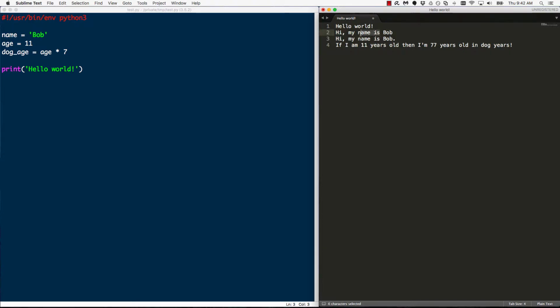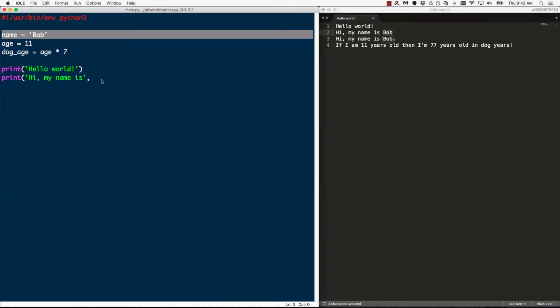So all of this right here, hi, my name is, and I'm going to start a print, and inside the quotes I'll put my string literal, and then I'm going to use a comma to separate the string literal from the variable. So this variable, remember, is called name. So over here I want to just put name,